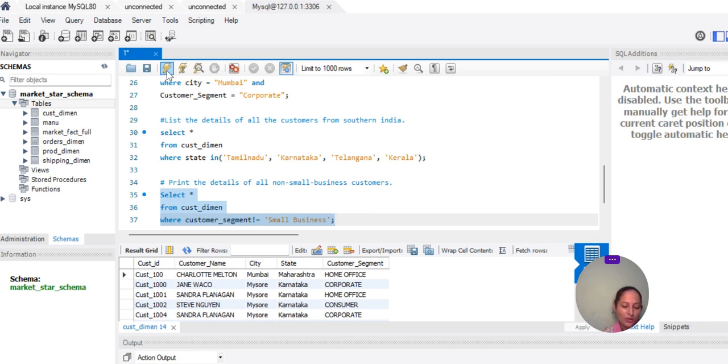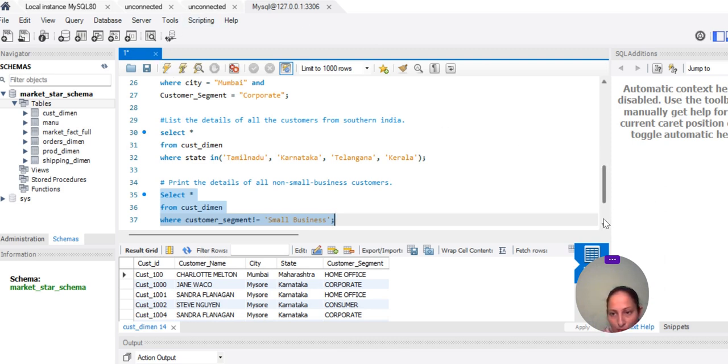So, which orders are causing me losses? I will express my query on market factful, which has an attribute called profit. I will express a filter condition which says profit is less than 0.